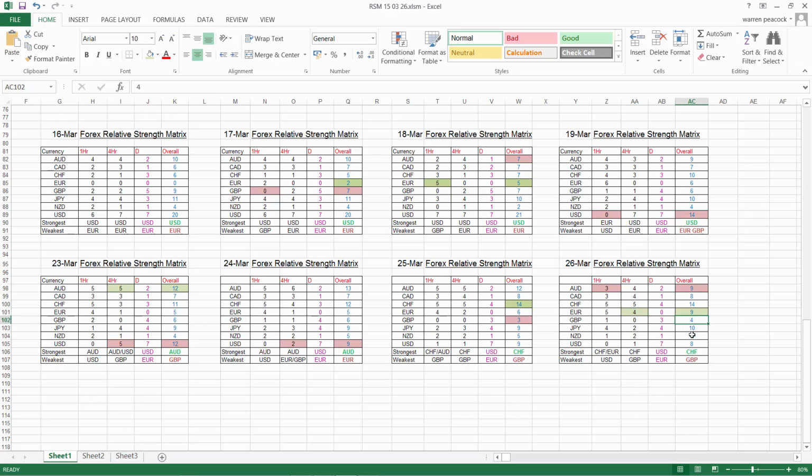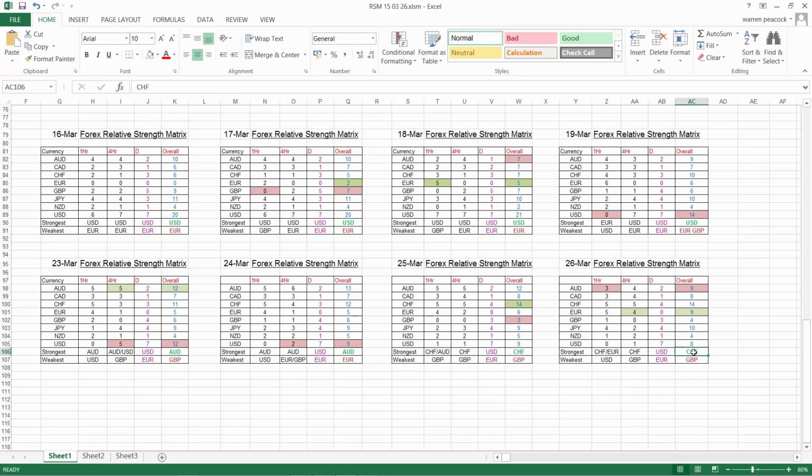The pound is on a score of 4, the yen still on 10, and then the US dollar losing a point overnight with a score of 8. On the daily front, obviously the US dollar's run pretty far, so it has a strong uptrend. It's got a long way to go before those daily charts change, if they do. But the smaller time frames do give us dollar long opportunities.